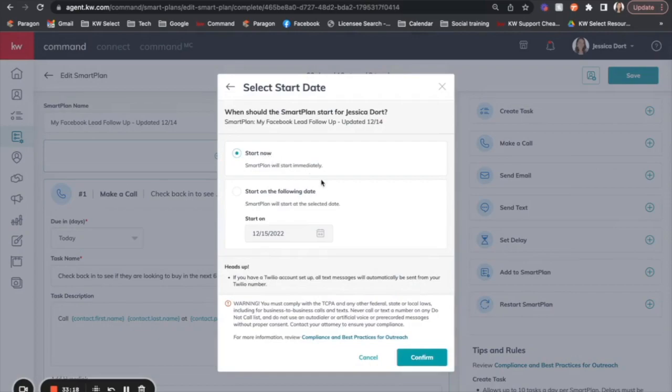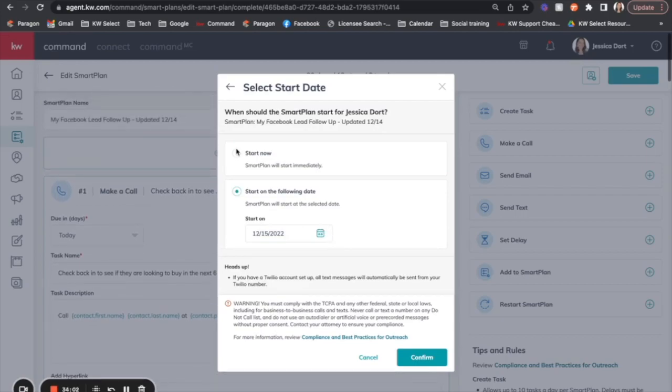Then you can choose when you want it to start. So if I choose Start Now, they're going to start receiving the emails or texts right away if my plan starts that way, or I will start receiving the tasks. You can also choose to start a Smart Plan on that specific day. I'm going to choose Start Immediately for this one. Then you click Confirm,